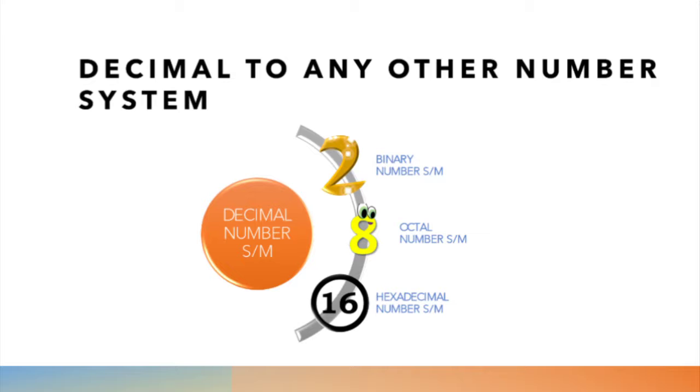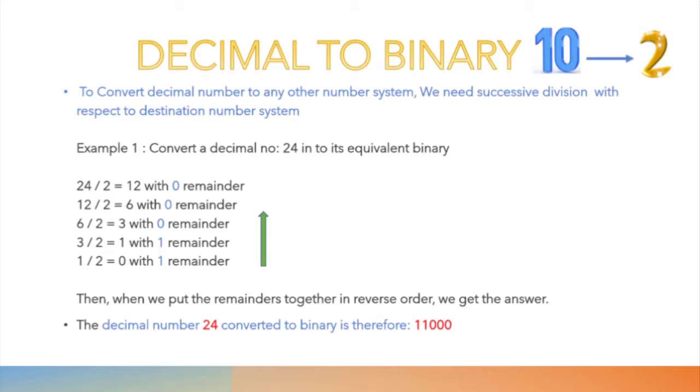But it is not possible for users to remember the binary numbers while using the computer. So systems are made in such a way that whatever you have given in decimal number system, the system will convert it into its corresponding binary data for its purpose of working. Likewise, we require other conversions in different sectors. To convert a decimal number to any other number system, we need successive division of that number with respect to the destination number system. So now we are going to look at the conversion from decimal number system to binary number system.